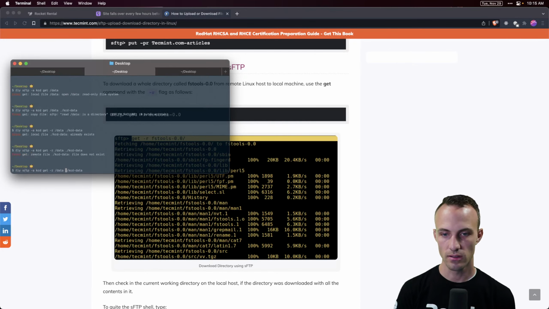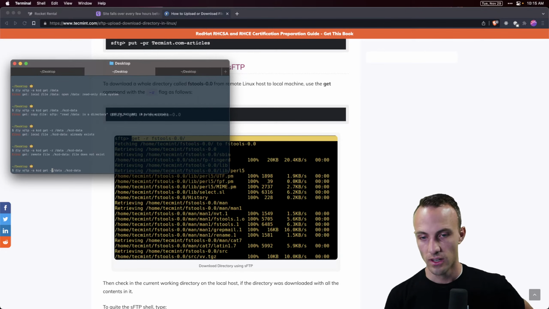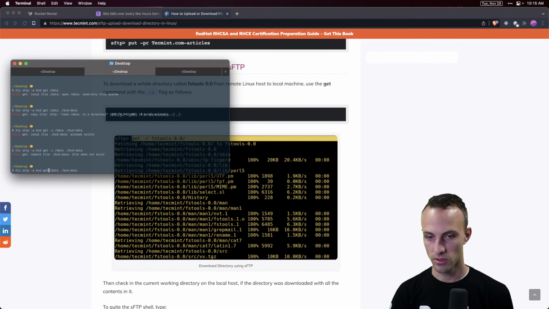Remote path, local path. Yeah, I'm guessing it's considering this to be the remote, or maybe both of these to be the remote paths, and this to, or I don't know what it's doing. It's not doing what I want it to, that's for sure. So fine, we'll just